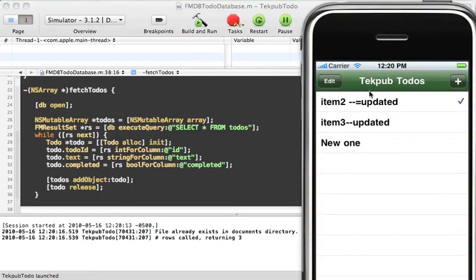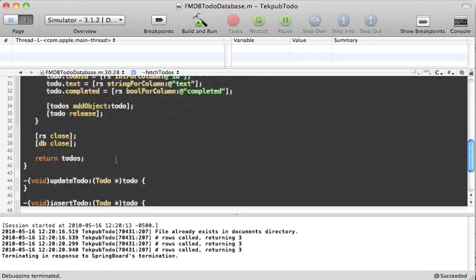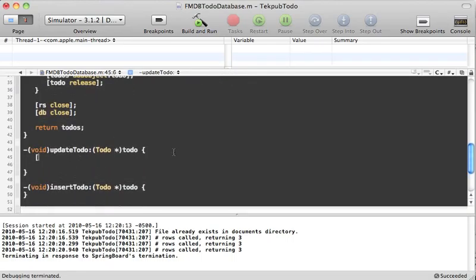So now let's tackle the edit and update functionality so that it will use the FMDatabase class instead of the others. So we have update to do here. This is going to perform a similar function here. Open the database at the beginning, close at the end. And in this case, we actually need a different query that contains parameters. So we're going to say